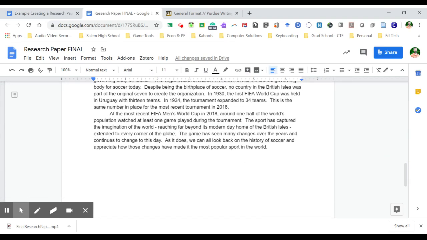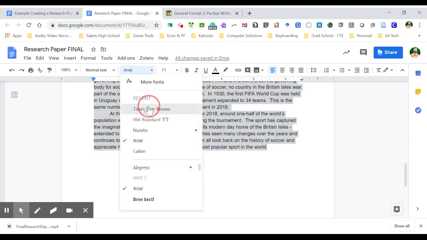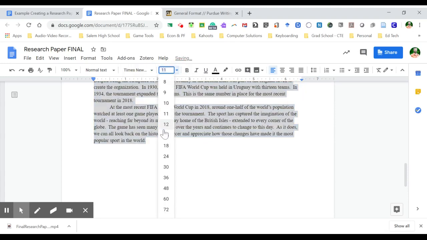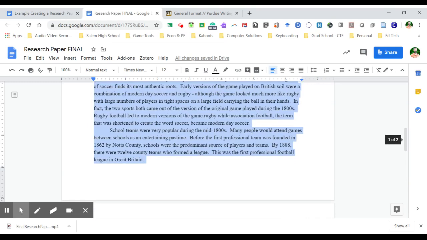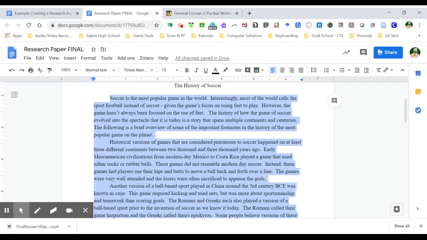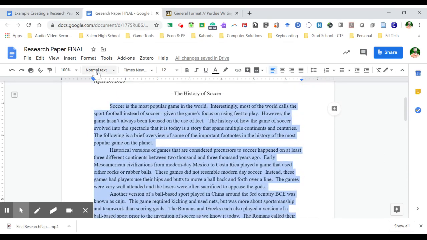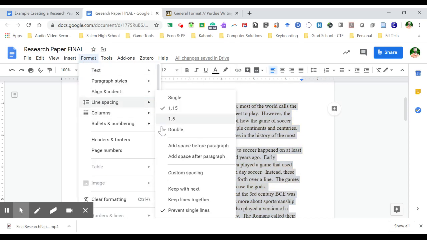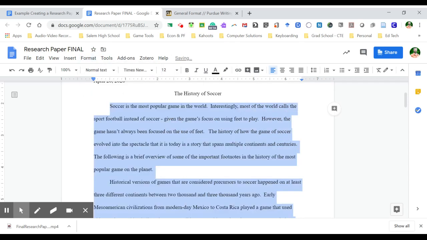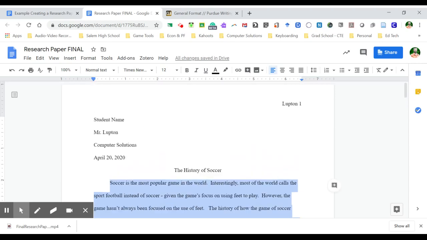So I want to select all of the work that I just copied over, Times New Roman 12, to make sure my font is all correct. The next thing I want to do, now that I have got my font correct, is change this to double space, just like we had before. So we're going to go into Format, Line Spacing, and Double, and that will double space all the information